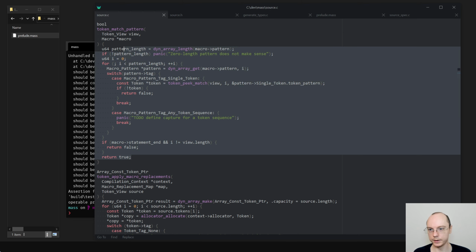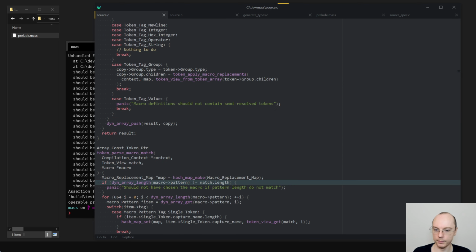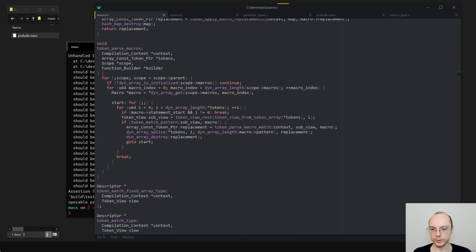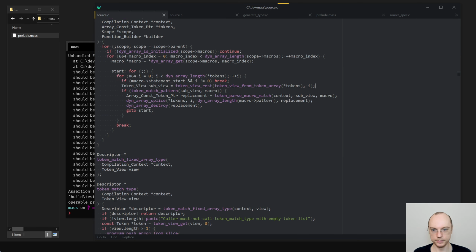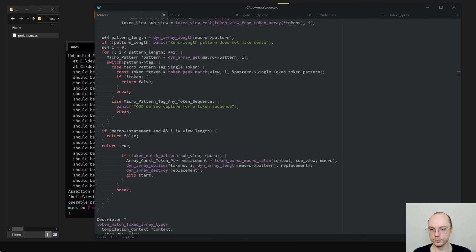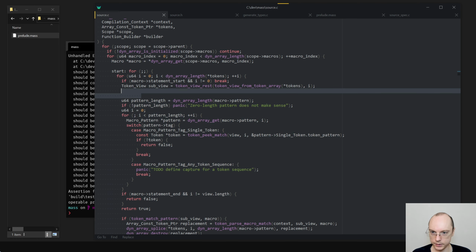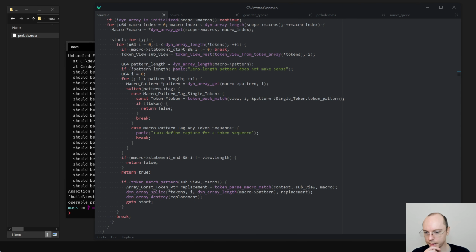So let's start with that. This is going to be quite ugly, so prepare for that. This is a big nested thing, but we can do this.